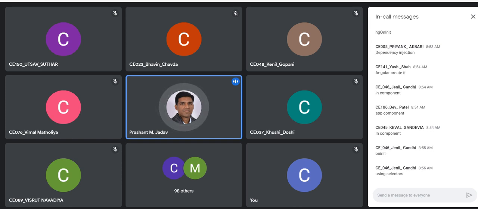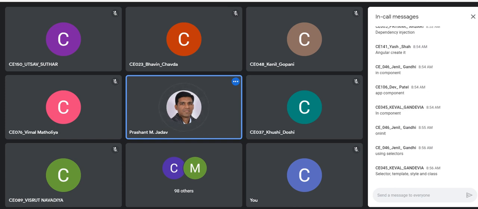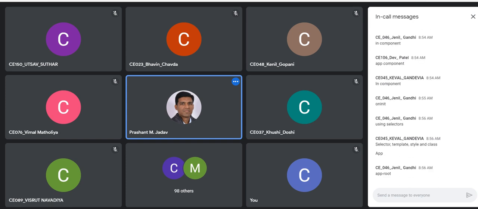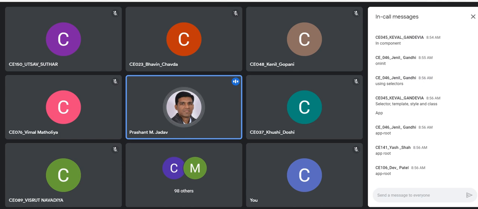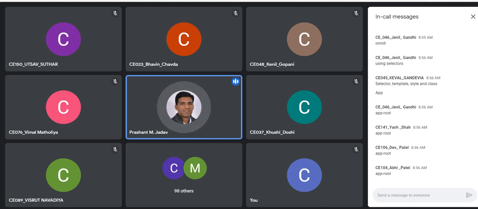Correct, it is using selectors. Using the selector, we can use the component. What is the default component in Angular? Correct, it is the app component, and it is also called the root component.